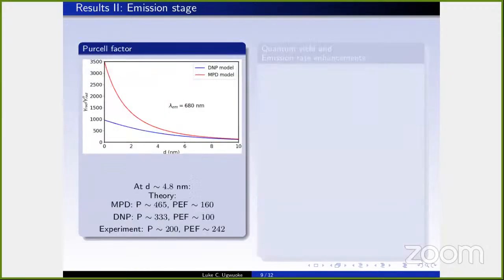And then the radiative decay rate enhancement, also known as the Purcell factor, is calculated at the peak emission wavelength of this light harvesting complex. And as well, you can see that there is a big difference between these two models, especially at short distances. Also compared to experimental data, you can see that the Purcell factor that was calculated theoretically is